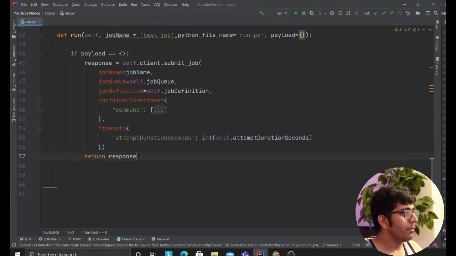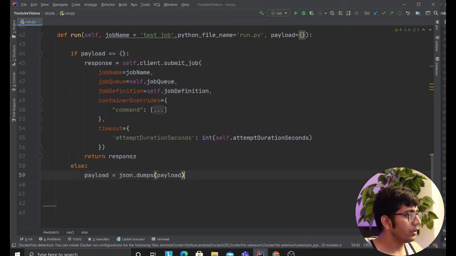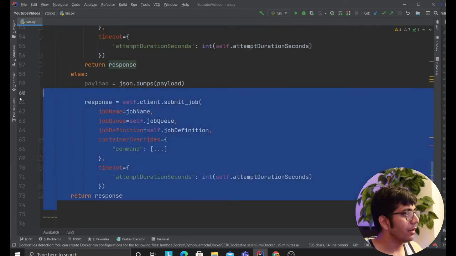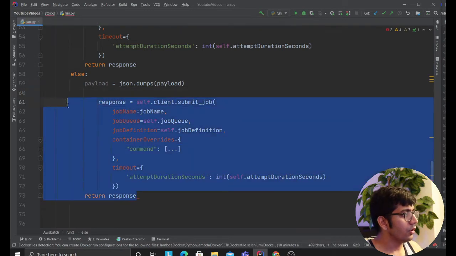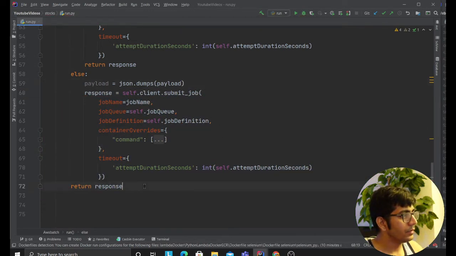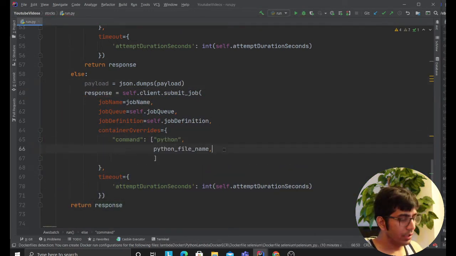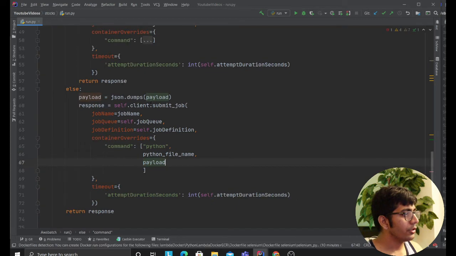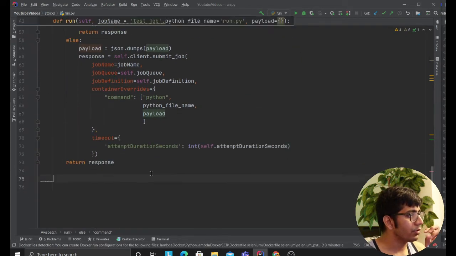And if you do have a payload, that's the else, then you want to serialize the payload. Copy this client object, dump this here. Okay, so indent this a little bit here, and over here you can pass payload. So this class would take care of all that stuff for you.